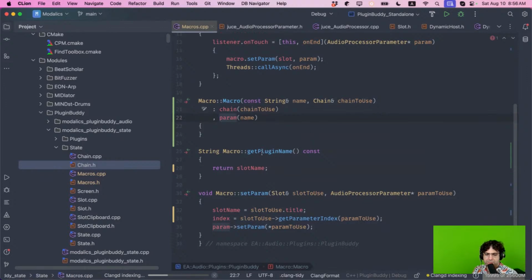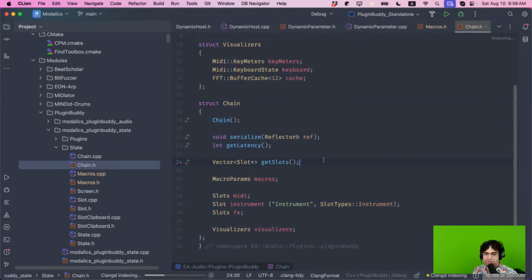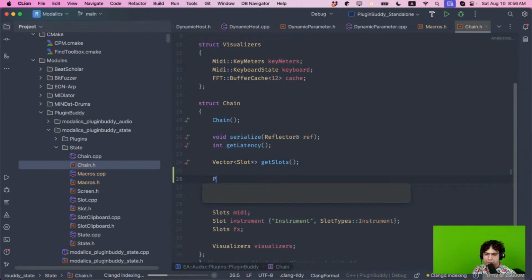And then yeah, now the chain should help me to get the parameter. So it should be able to tell me something like